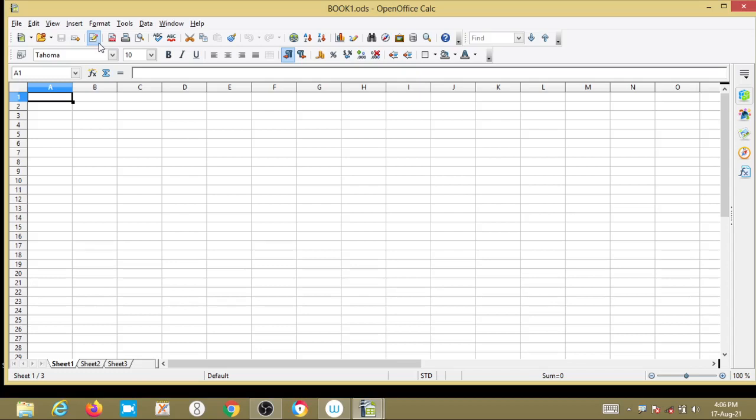Sorry, before going to MS Excel we need to know about the spreadsheet. What are the spreadsheets? Why we are using spreadsheets? A spreadsheet is one of the most powerful programs to perform simple as well as complex calculations. Before going to that we will see first what is computer.